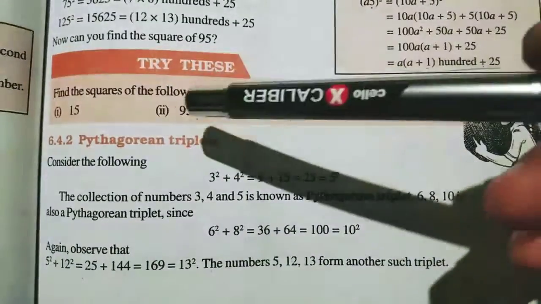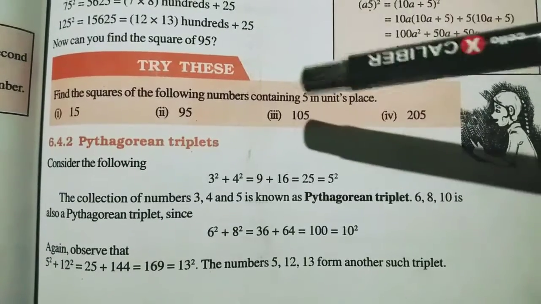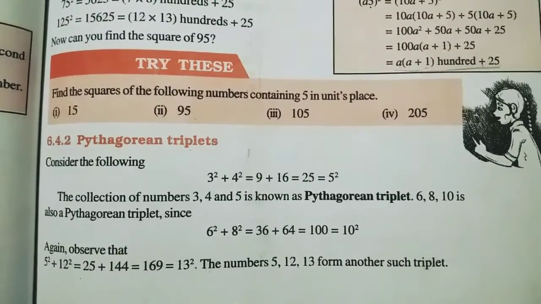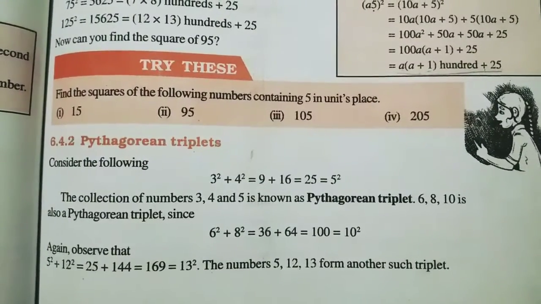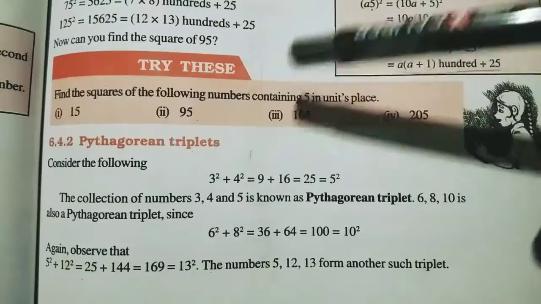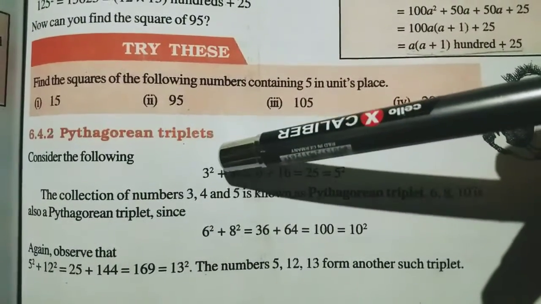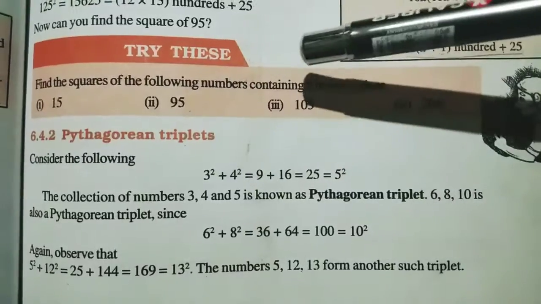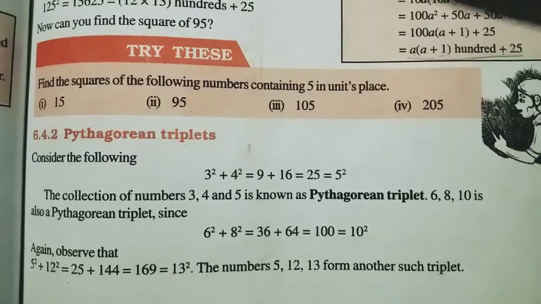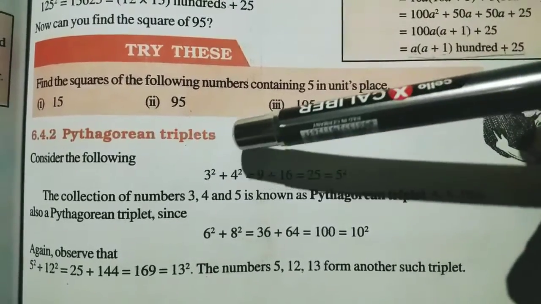So same here also, in Pythagorean triplets three numbers are given. Those three numbers will form a triplet. Triplet means a group of three. The group of three numbers will make a triplet, and that triplet is a Pythagorean triplet, because the Pythagoras formula will be used here. See here, when two numbers are squared and added together, the answer will be the square of another number, a perfect square. That is a Pythagorean triplet.